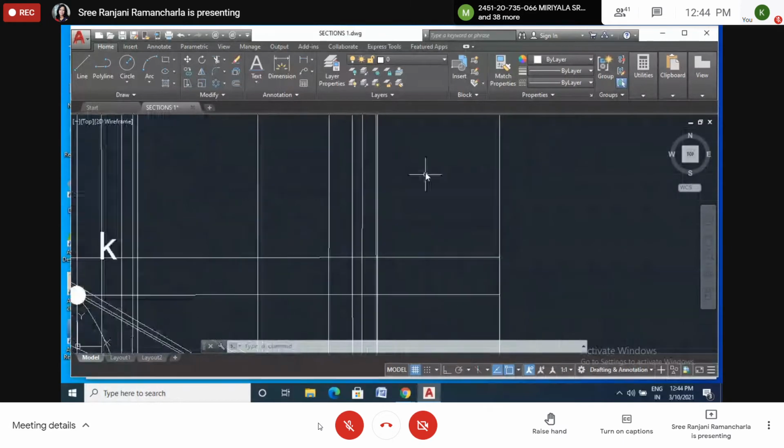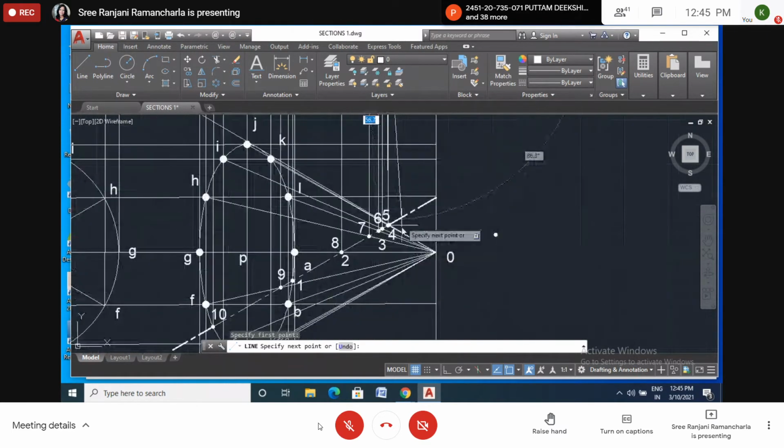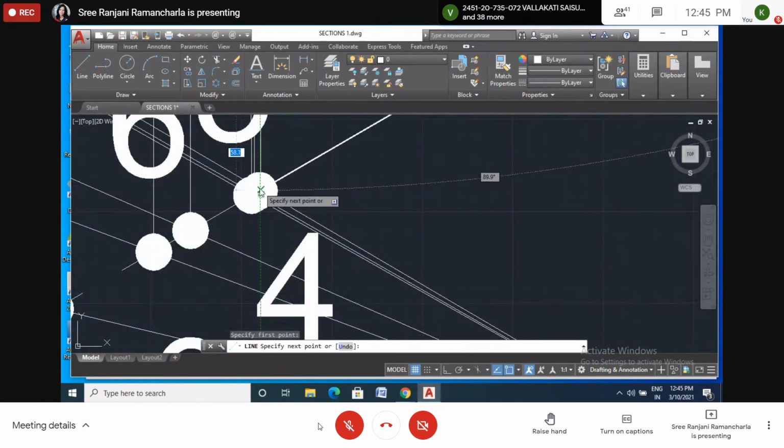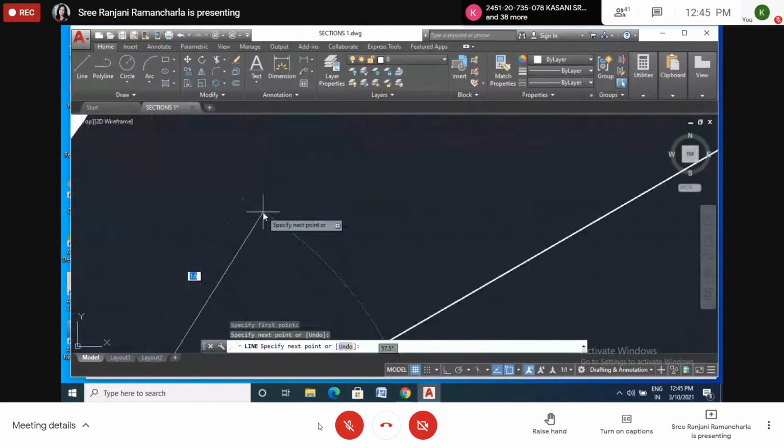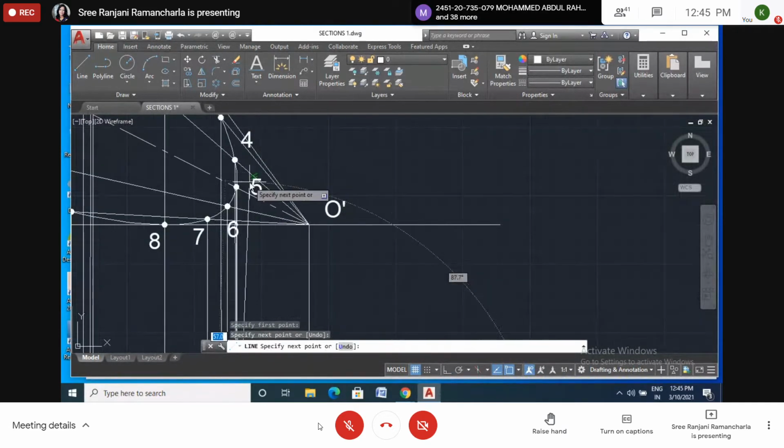So please, I don't want to draw this one. If you want, you can write it there. Or shall I draw it so that only one line will get there? Tangent, TAN. I will give some name for the tangent point. Okay. Exactly, it will go coinciding with this center point. See here, this point is the center, there are the 3 points here. So I will give exactly here and I will move back again.